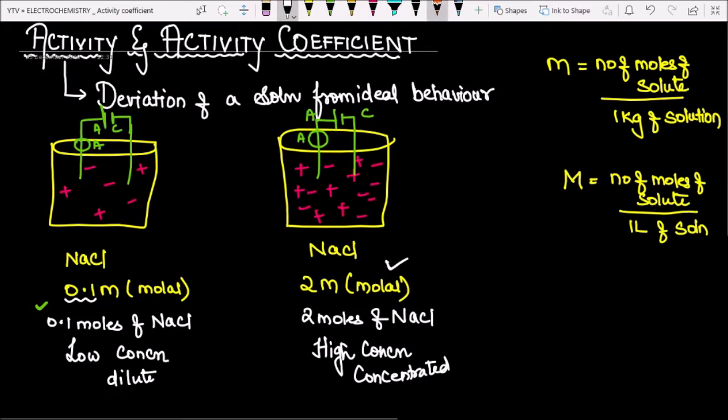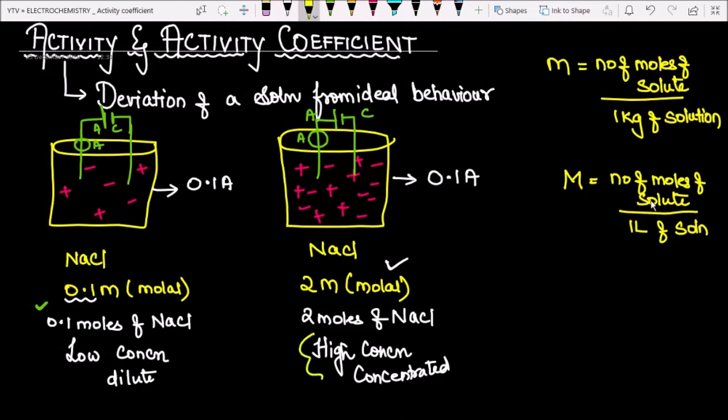But when you do the experiment and find it out for yourself, I'll tell you with a simple figure, to understand. In the first case, I'm getting 0.1 ampere of current. This ammeter shows deflection, and I'm measuring the current as 0.1 ampere. Now in the second case, to my surprise, I'm again observing 0.1 ampere. Which means even though the solution is highly concentrated and has a lot of ions, it is giving the same current as the first solution.